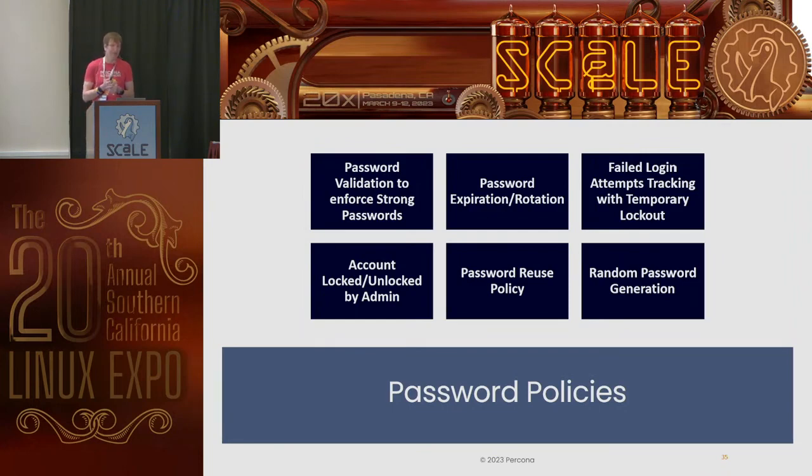MySQL 8 also comes with password policies, right? I think that can be pretty helpful, again, especially in terms of the compliance stuff, right? Because in many cases, people would manage through a sort of manual process of password rotation and so on and so forth, right? Anyway,